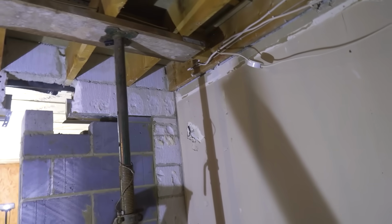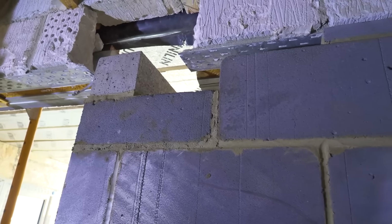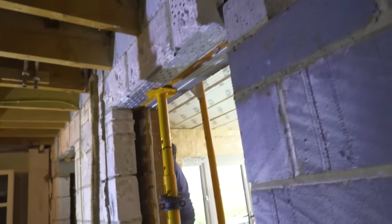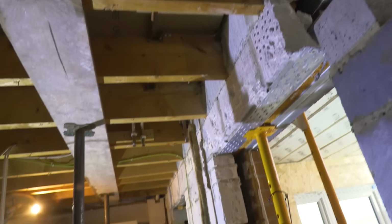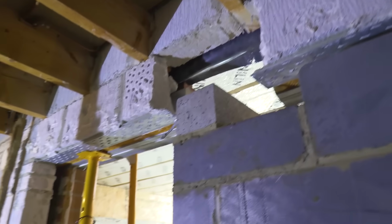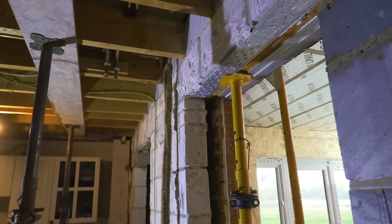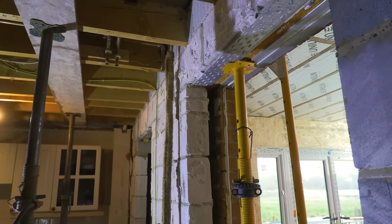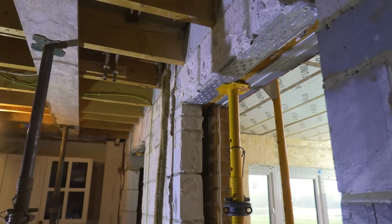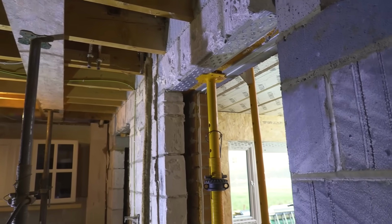So the way this particular building is built, it means that the floor joists are going through the internal skin into the cavity, so they're picking up all that block work on the internal skin. If we prop all the joists all the way through, as we have done, that means that those joists will hold that whole internal skin up. Now all the load goes on the internal skin. Basically we've got the floor joists on it and everything else that involves, bathroom suite upstairs, all the rest of it. And then we've got the roof load going onto the internal skin. And in this case, there's a loft conversion upstairs, so all that lot is also going onto the internal skin,